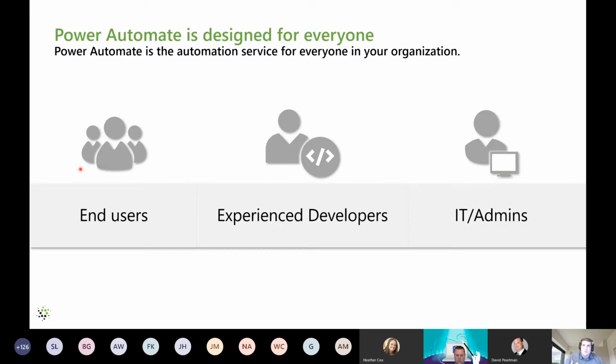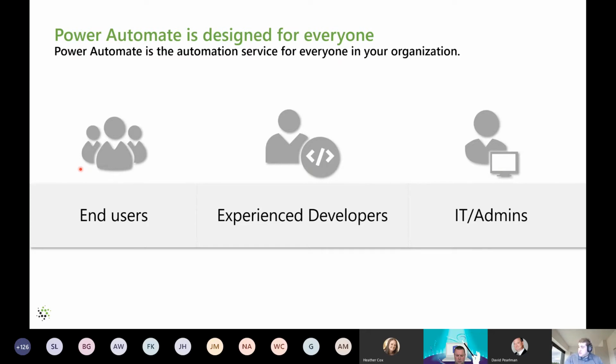But Power Automate isn't just for end users, right? It can be for IT pros and it can be for developers, both in its out-of-the-box version where you can configure it to do some creative things, which we'll talk about, but even extended above that. Everything in Microsoft these days has a robust extensibility platform, and Power Automate is no exception to that.